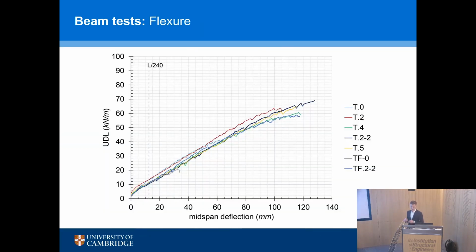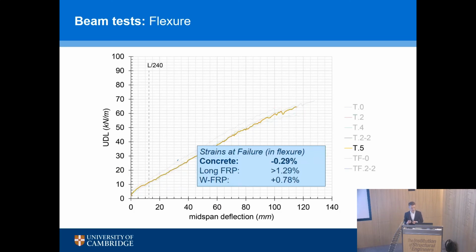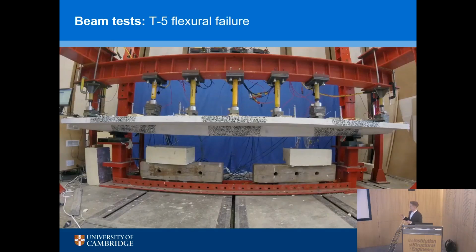By contrast, one of the T-beams failing in flexure, T5. So we've got a nice high concrete strain and good strains in the longitudinal and wound FRP, so approaching 1% in the wound, but close to failure in the concrete. I should note that strain gauges on concrete are notoriously bad things to be using, but these are discrete measurements at one point on the surface. There might be somewhere else which was higher. You can never know that. It's just the limitations of the monitoring that we have. This is the beam, under loading,